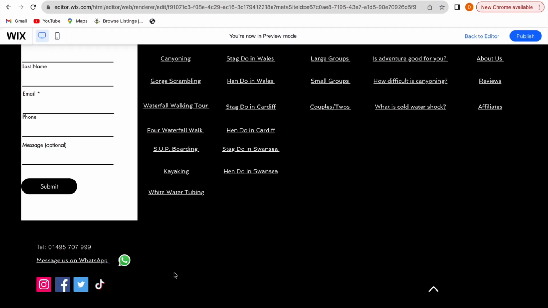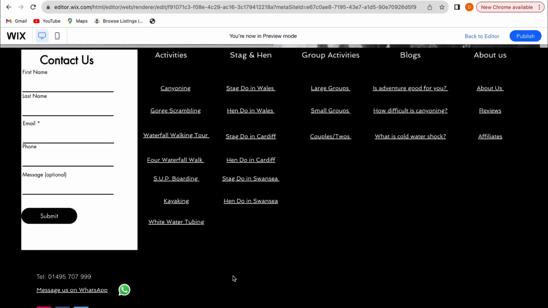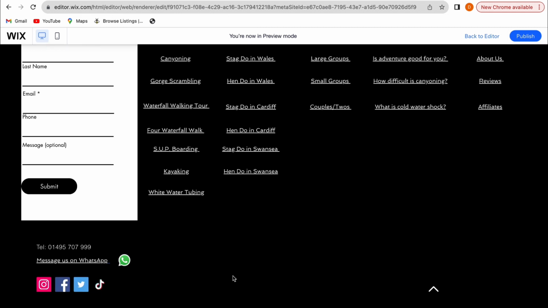So here we are on a Wix website. We're currently inside Beezer Activities. We're on the footer, and we're going to be using this website to show you how we're going to change the social icons on Wix. So if we jump back into editor,